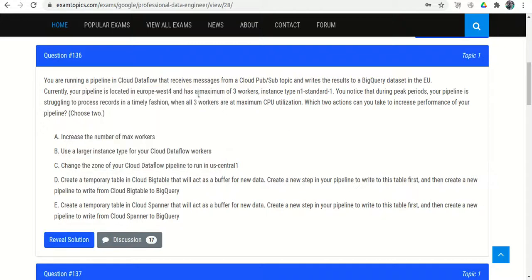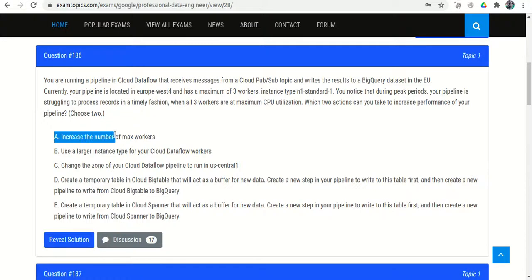But here it is mentioned a maximum of 3 workers. When we set autoscaling, we have to set the maximum number of instances. So they have set a maximum of 3 workers, and we can change that from 3 to 10 or 15, any number. Also, though it is manageable, we can still change the instance type as well. Okay, so we need to choose two options.